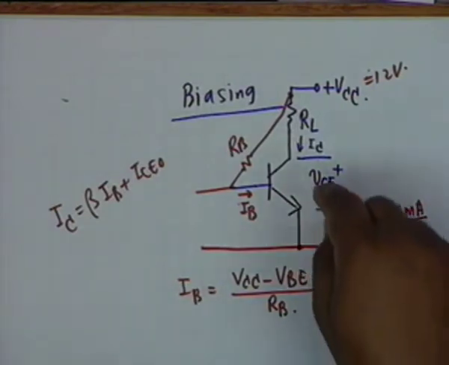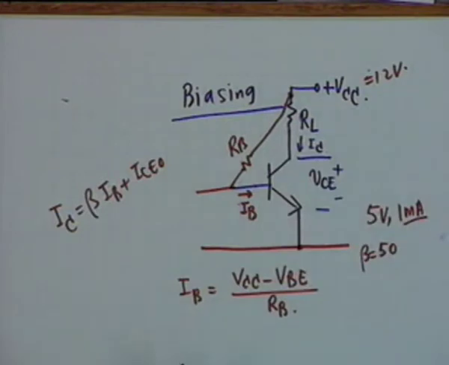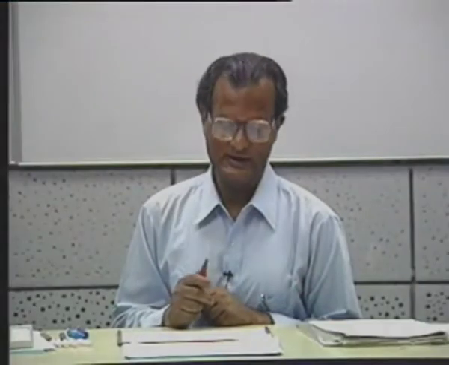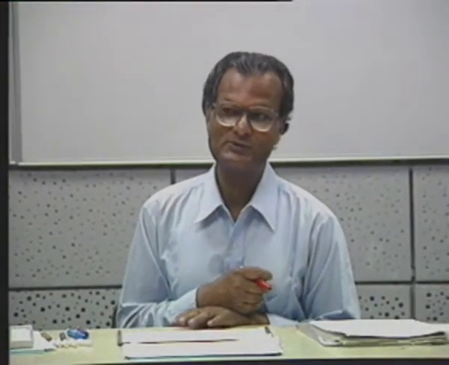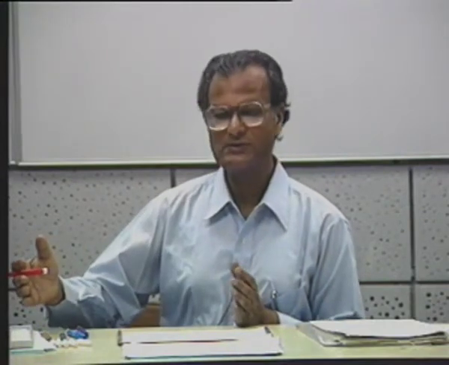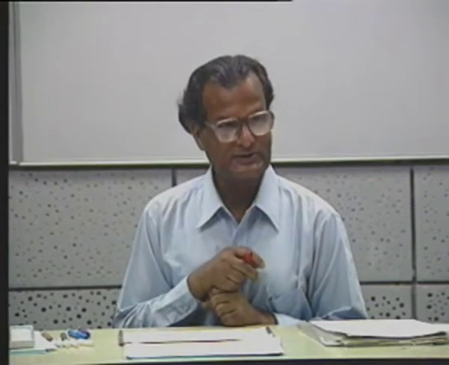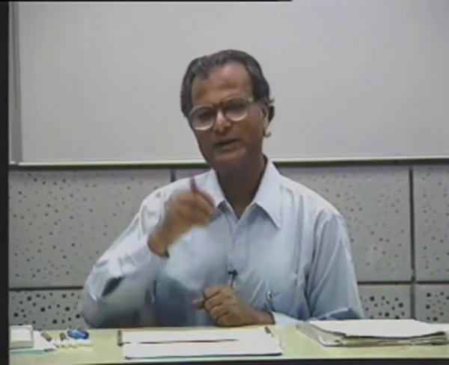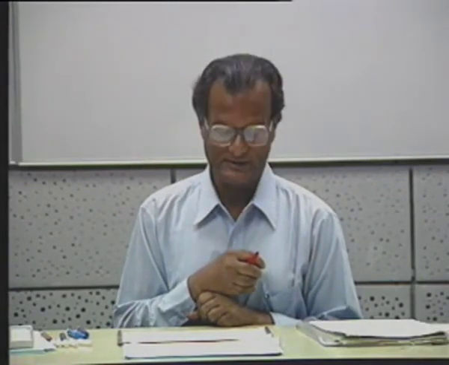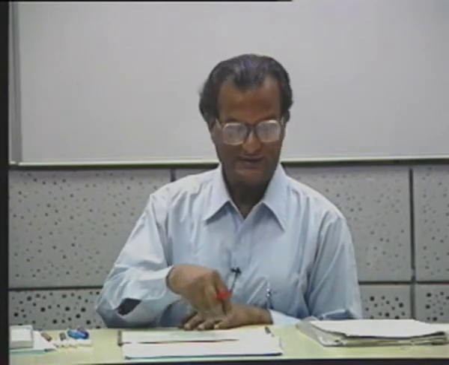The reason is the following: in mass production of transistors, even though they are produced by the same process, about a 1000 is perhaps the minimum number that is produced or fabricated in one go. These transistors vary very widely. In other words, beta can vary by a ratio of approximately 6:1. You can have a lot of transistors, 2N110, 1000 of them, and you go on measuring beta. The lowest beta may be as low as 30, the highest may be as high as 180. 6:1 variation, and therefore as soon as you replace the transistor, the Q point changes.